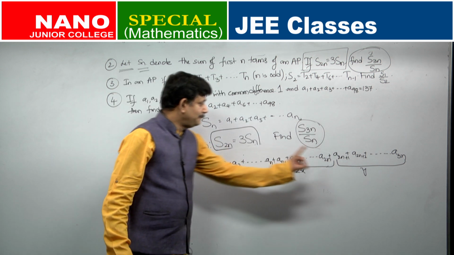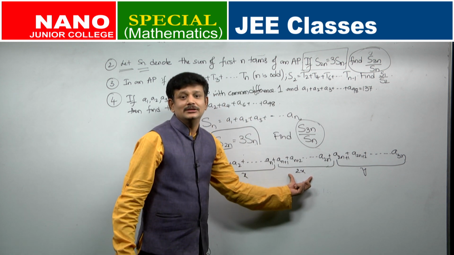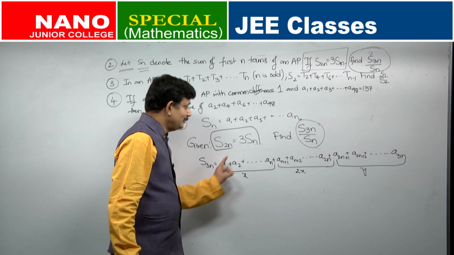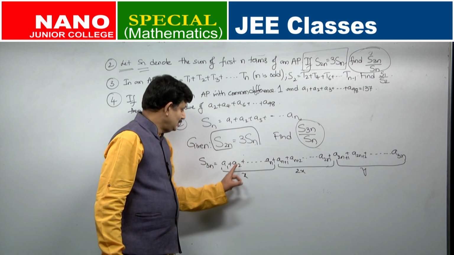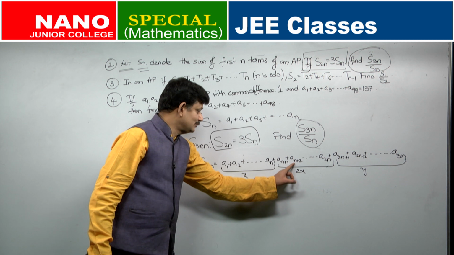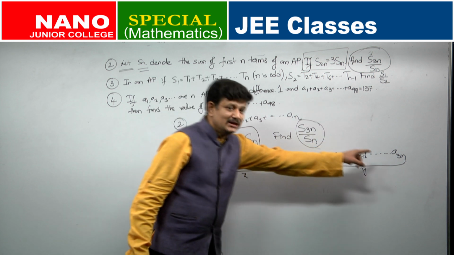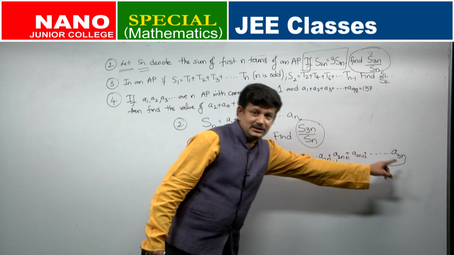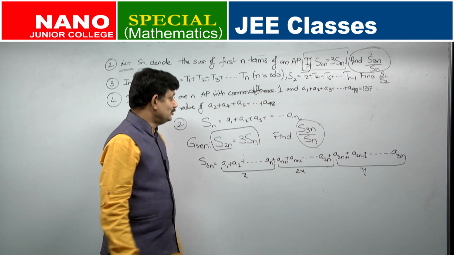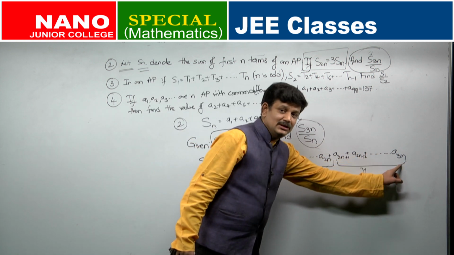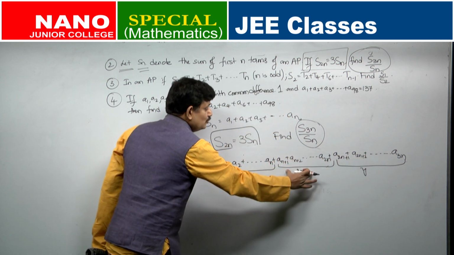sum of all these terms plus sum of all these terms will give you how much? 2 times of sum of terms in the middle. Yes or no? Every term here plus every corresponding term here will give you 2 times of a corresponding term in this. A2 plus A2n plus 2 is giving you 2 times of this. A3 plus A2n plus 3 will give you 2 times of a term here. An plus A3n, sum of subscripts, how much is it? An plus A3n, A4n. A4n is 2 times of A2n, 2n into 2. So, every term here plus every term here will be 2 times of a term here. So, entire sum here plus entire sum here will be 2 times of this summation.